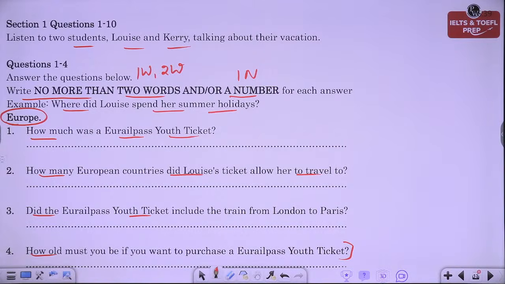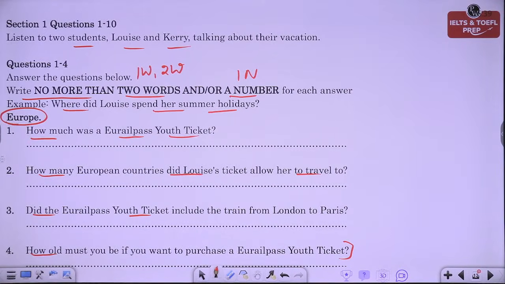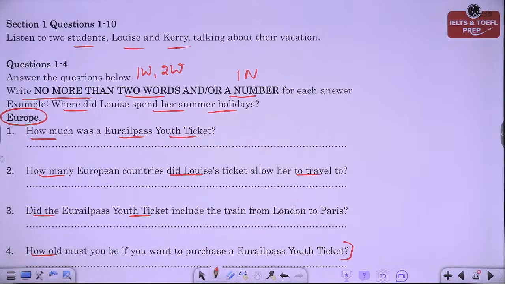Hi, Louise. How was your summer vacation? Oh, fantastic. I only got back from Europe yesterday. Wow, that sounds exciting. Yes, it was. How was your holiday? Pretty quiet compared with yours. I just stayed around Cambridge, but we're planning to go to Europe at the end of next term. Oh, you'll have a great time. I really recommend it. How are you going to get around? Well, we've thought about renting a car. Flying is far too expensive. What did you do? We bought Eurail tickets and travelled around Europe by train. Was it expensive? No, not really. It cost us £203 for a Eurail Pass youth ticket.